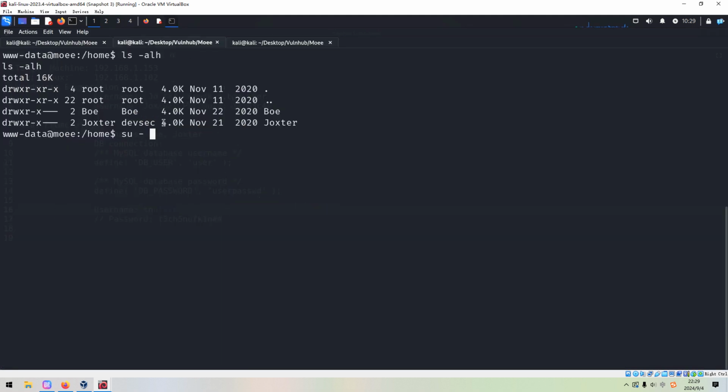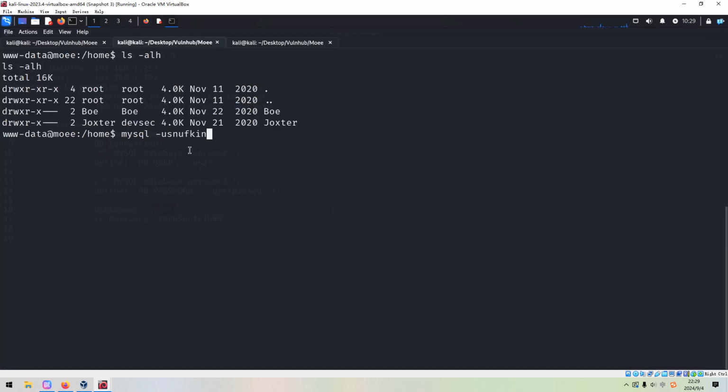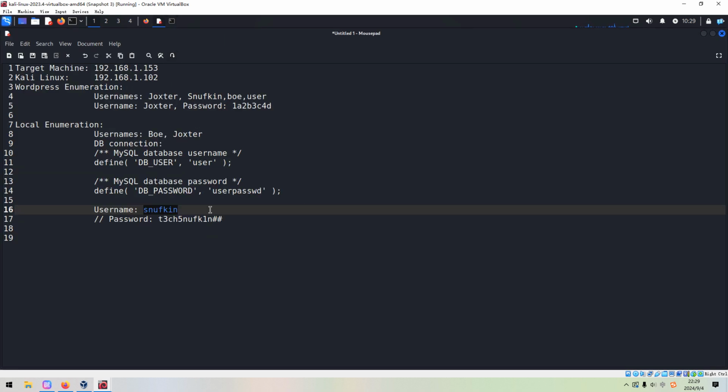After all, this file that we have already seen is about the database connection. So how to do it? We can use mysql and the username. Paste over here, and we can copy. Oh, sorry, not this one. We can copy from the notebook.